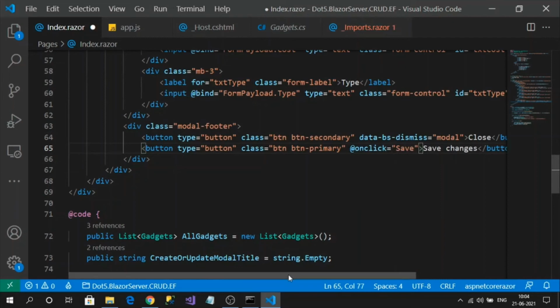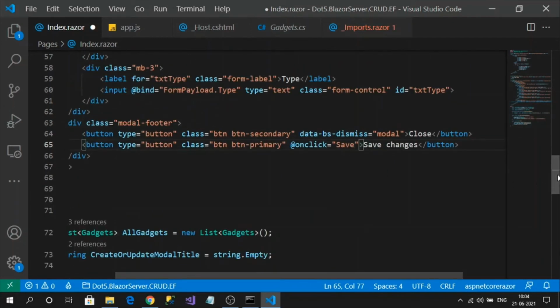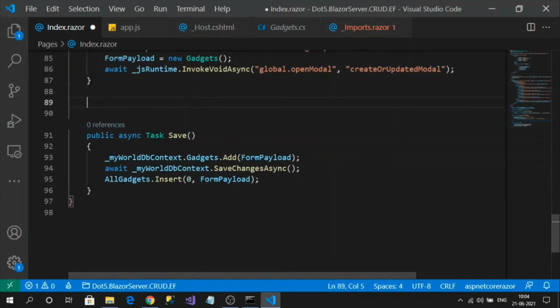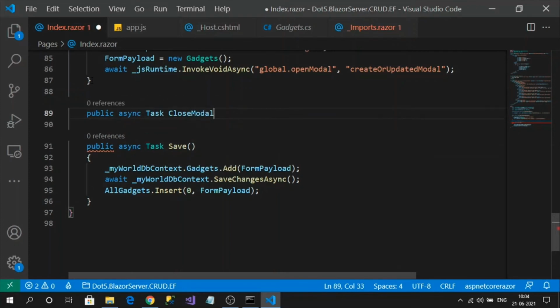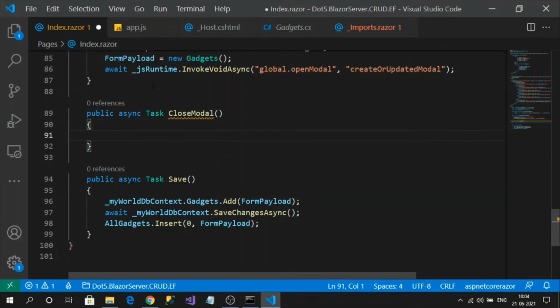So now let's write code for my close. So for close, what I can do, I will create a public async Task CloseModal. I want to use this method to close any kind of modal.